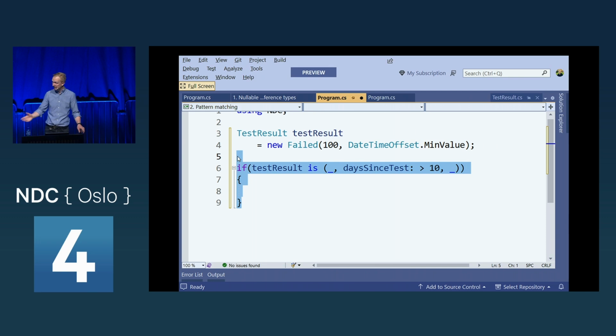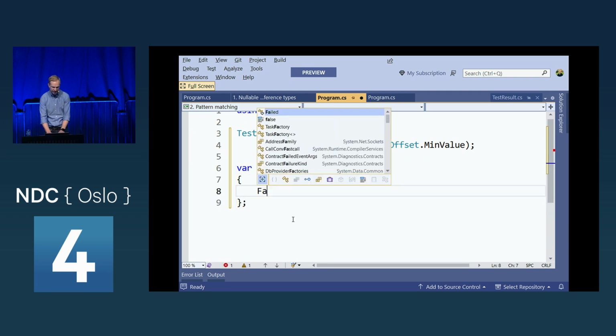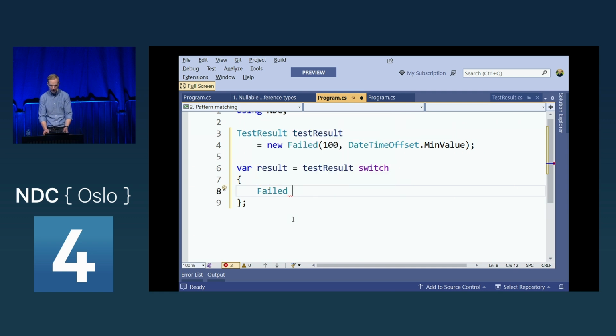So you'll see here now that you can use this with the if statement. But we can also say that I want to get a result based on whatever this test result is. I'm going to create one of these switch expressions. And I'm going to say that, OK, I want to find failed tests. Perfect, I can do that. But I can also say it has to be a failed test where the number of attempts are less than 10 and greater than,